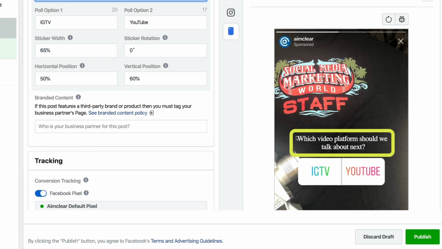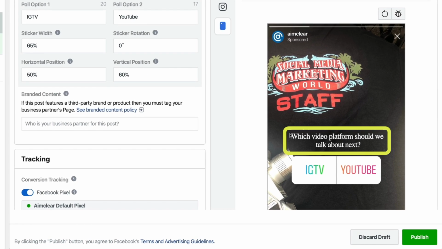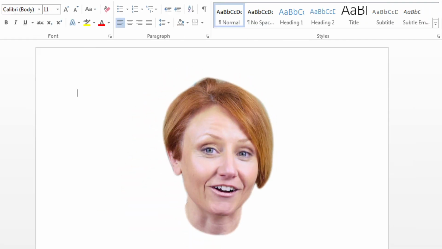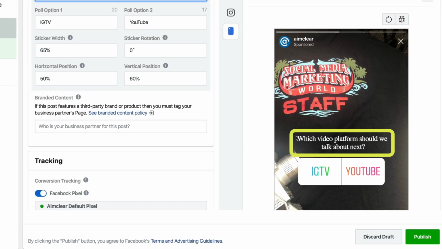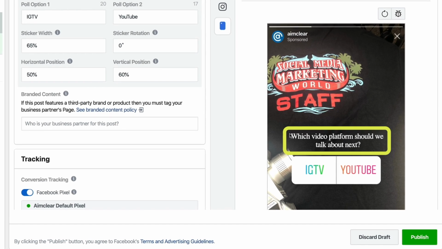Something else you are going to notice as you look at this, the text for the question is white and it's in Times New Roman, which kind of makes me feel like I'm in a Microsoft Word doc. However, this is the default font. Take note of the fact that this is white. So in this example, we have it against a black background, so it works well, you can read it. But if you do it on a white background, doesn't work so well. Let's take a look at what that looks like.